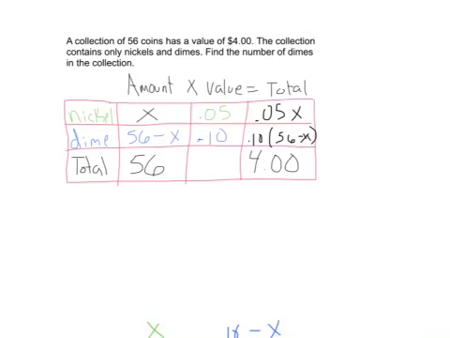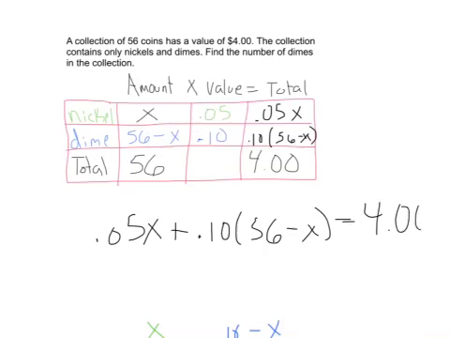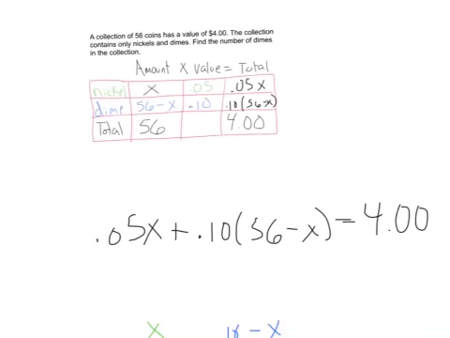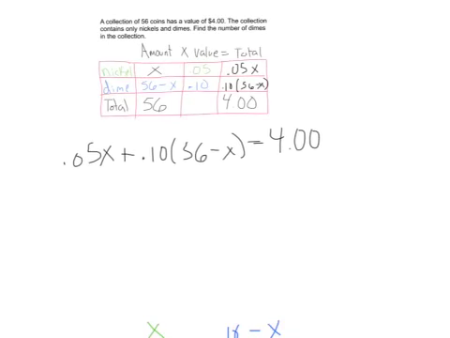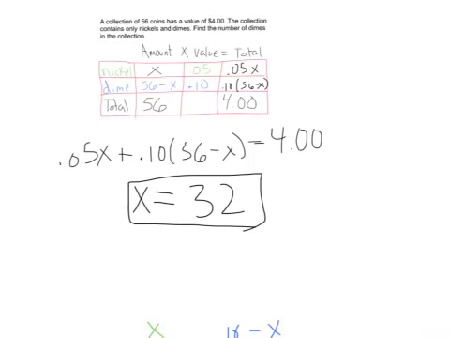So if we add up each individual total, that'll give us 0.05x plus 0.10 times 56 minus x, that's our total number of dimes. We know that has to equal our final overall total of $4. Now notice we have an equation set up and we can solve from here. And I'm going to save us some time and not completely solve that. I'm just going to give you the answer. That's going to give us a value of x equals